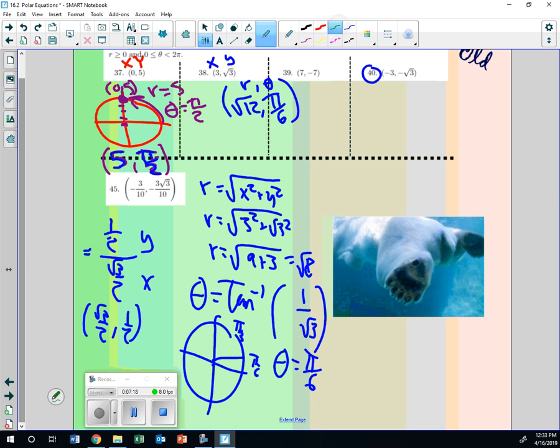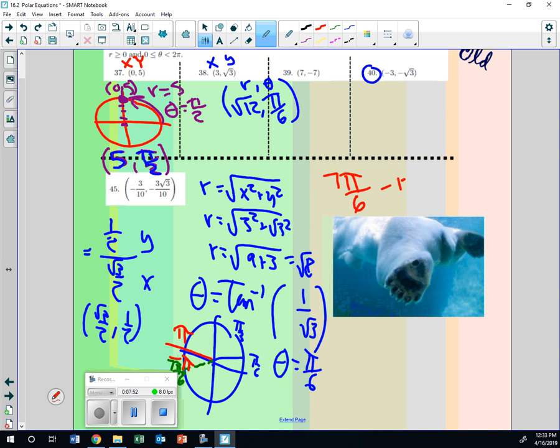Question was, why couldn't it be 7 pi over 6? And the answer to that is it really could be. But there's a rule I haven't told you about yet, and that is that in polar graphs, the angles are never bigger than pi and never less than negative pi. It's kind of like a norm. And so if you were to see 7 pi over 6, it's not wrong, but they would rather that you